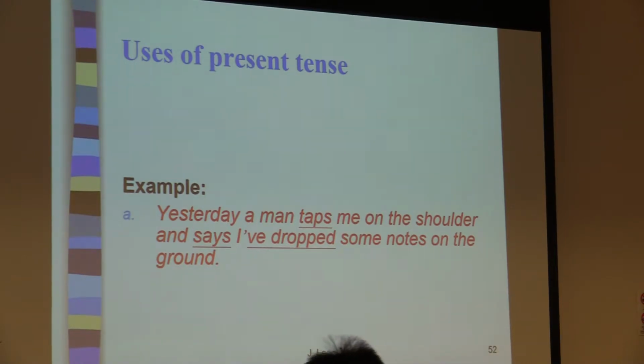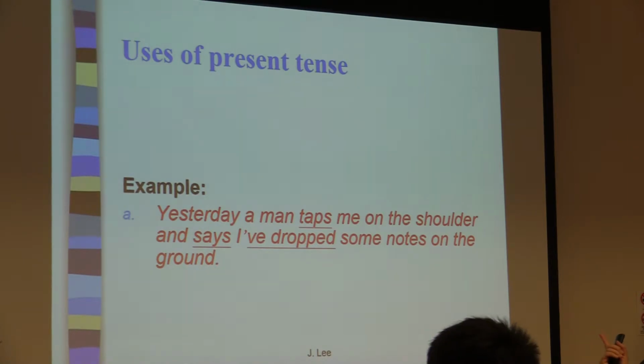But is it strange to you when you see the word yesterday, this time adjunct showing a past time? Why do we use the present tense? Have you seen this kind of use before? Especially in children's books, they use present tense. But even in books for adults, I have seen this kind. Then why is it like that? Of course, you won't encourage your students to do it because they don't know the particular meaning here. Then people will regard it as wrong and ungrammatical.